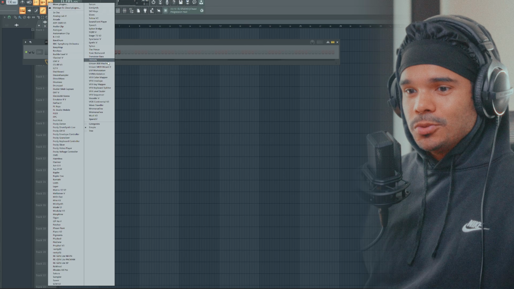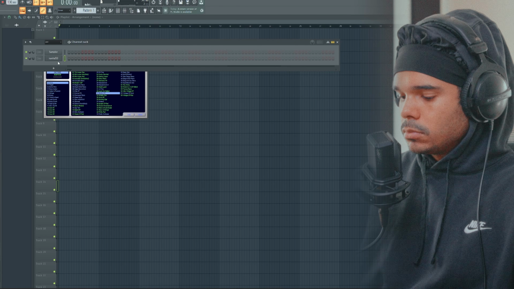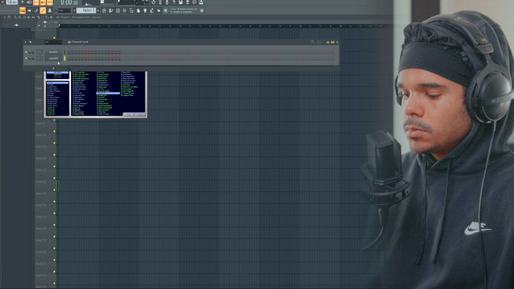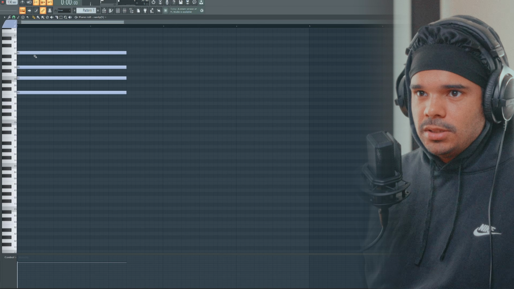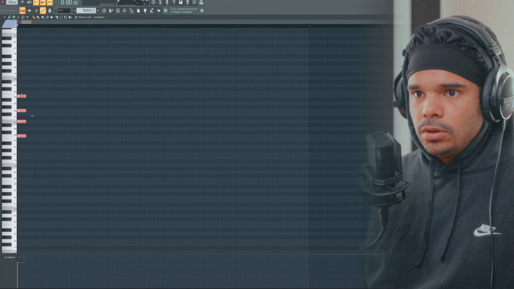I'm going to put in an old school plugin I've not used for a long time. It's called Gravity. Just go like a nice simple catchy chord progression. We're in the scale of E minor, but we're actually going to start on C. We're going to go C major, turn it into like a 7th chord, make them nice and short, come down